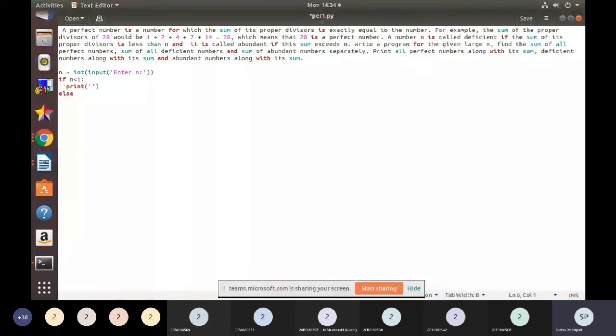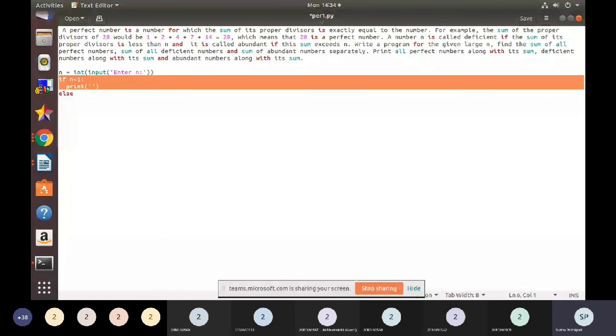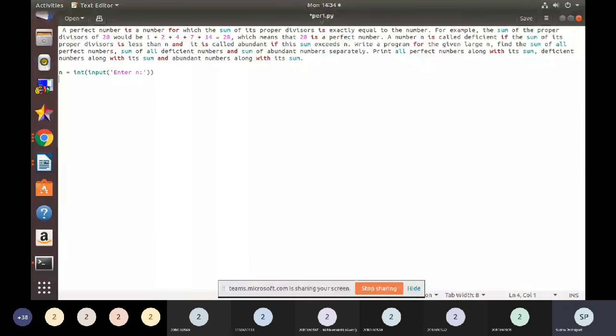I'm not doing that as of now, but you can do that. Having understood that the user will be giving a number greater than 1, the first thing I'll do is print that 1 is